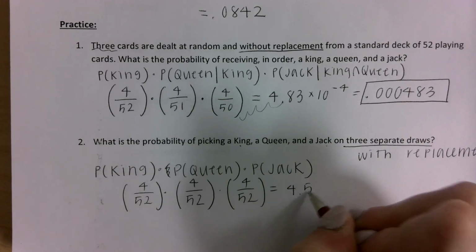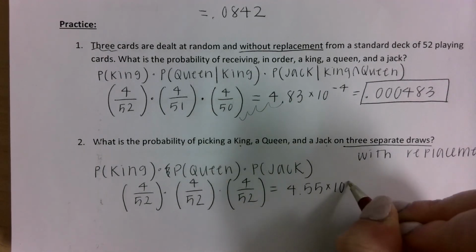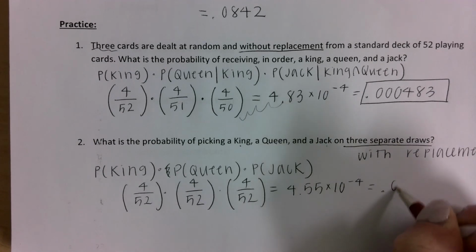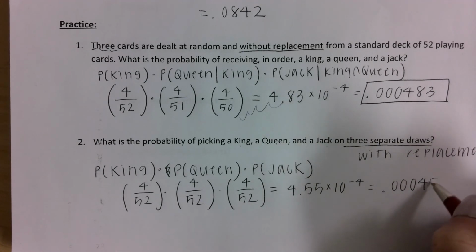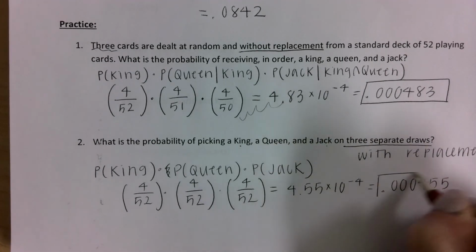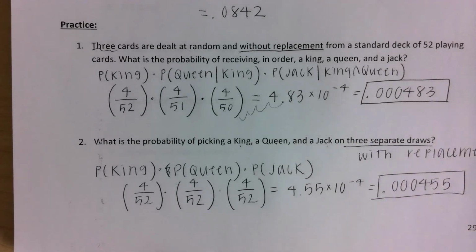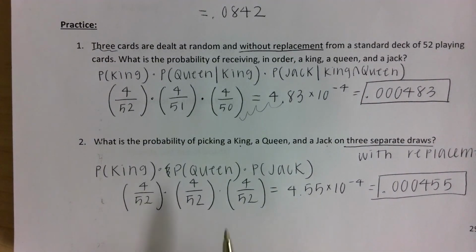We get 4.55 times 10 to the negative 4, so 0.000455. It's a little bit smaller here, and that's because I'm putting back that card every time, so it does